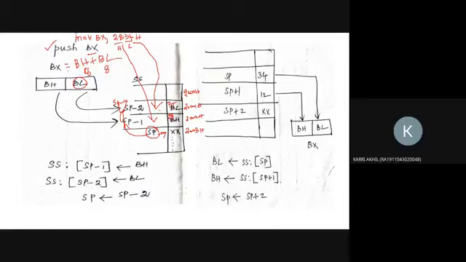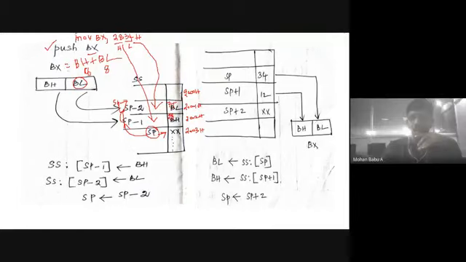Is it clear, ma'am? Yes, sir. That is okay. SP minus 2, and what is SP minus 2? Here the address is SP. What is the address on top of the SP? This one is 2003, this one is 2002. So if you want to go to 2002, the stack pointer will be decremented by one byte, one value. So SP minus 1.